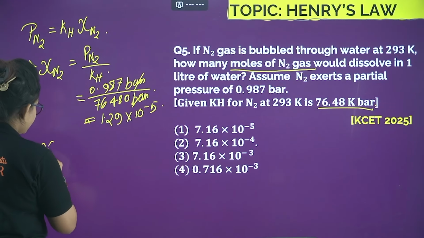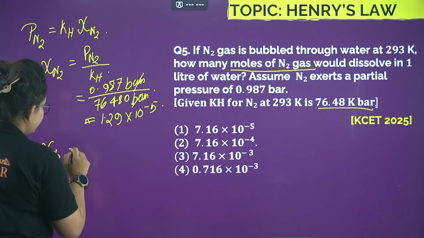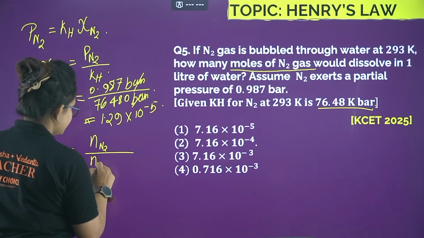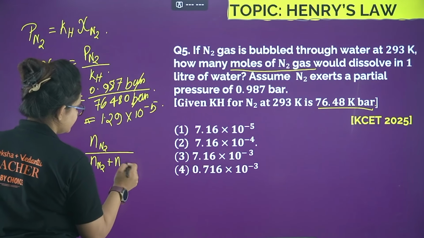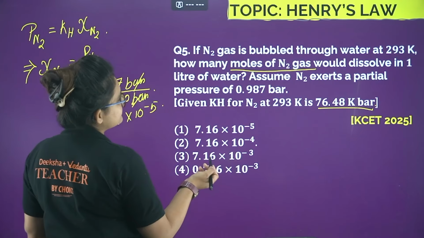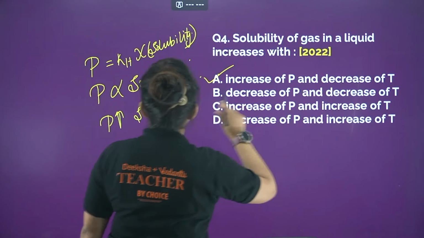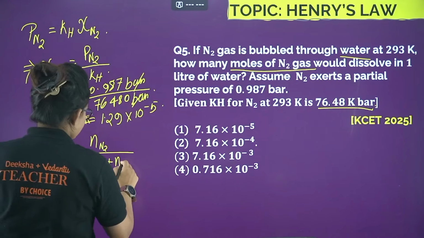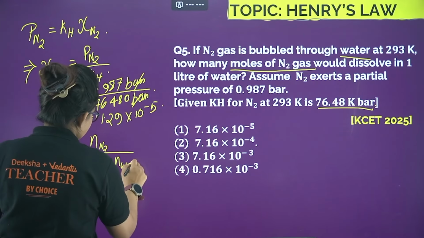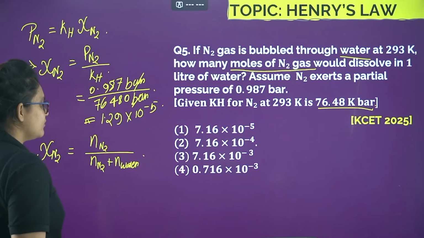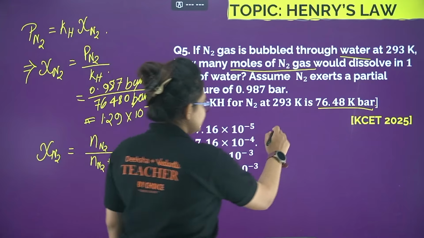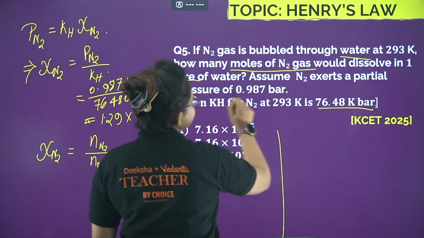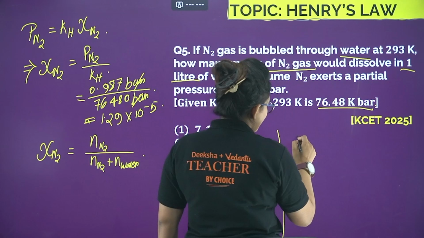Now the mole fraction of N2 is what, you know, the number of moles of N2 divided by the number of moles of N2 plus the number of moles of, where it is making the solution? In water, sorry, in water, right? Number of moles of water. Okay, now the number of moles of water, how should I get it? So see, they have given the information, 1 liter of water, right? So 1 liter,